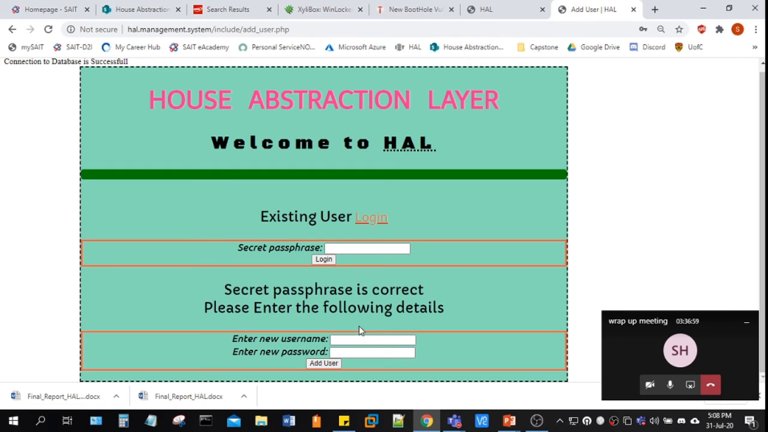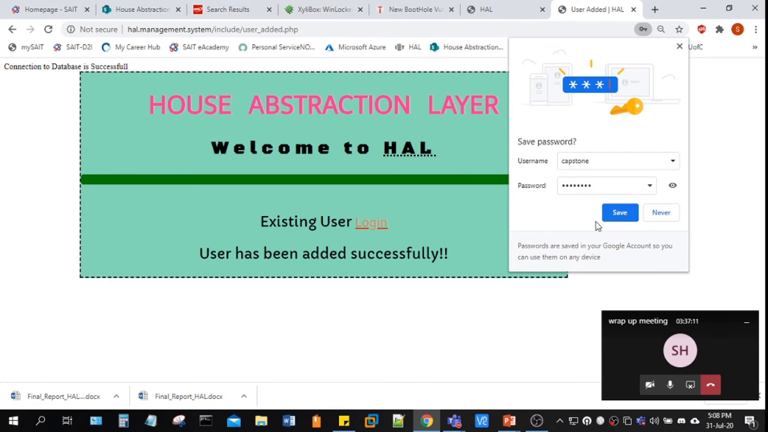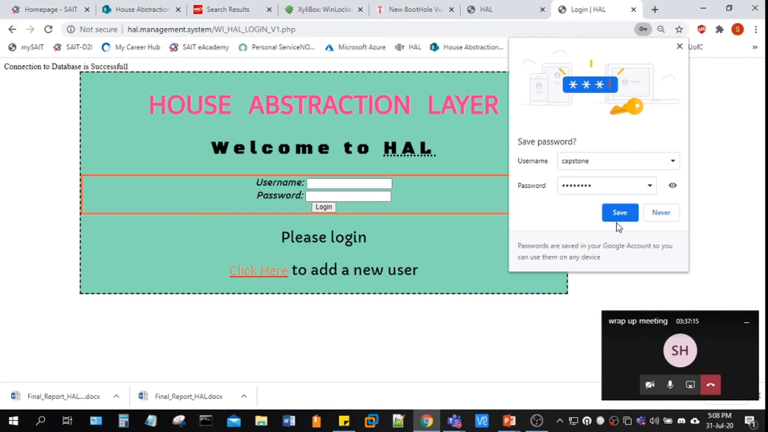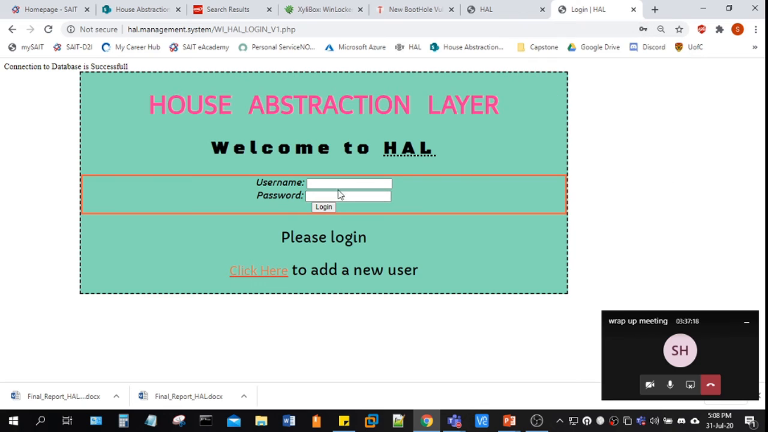If this passphrase is correct, we can just enter the new user details. So if we enter the new user details here, it says the user has been added, so we can just log in using that user. And if we log in from that user here,